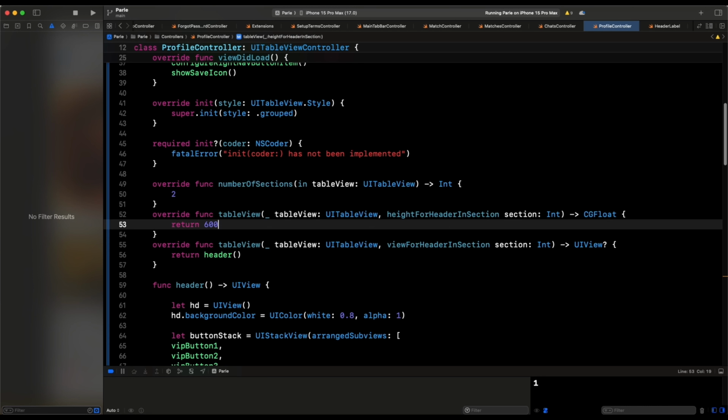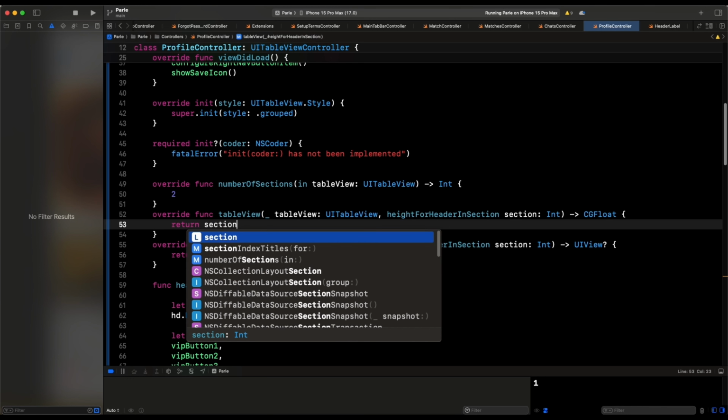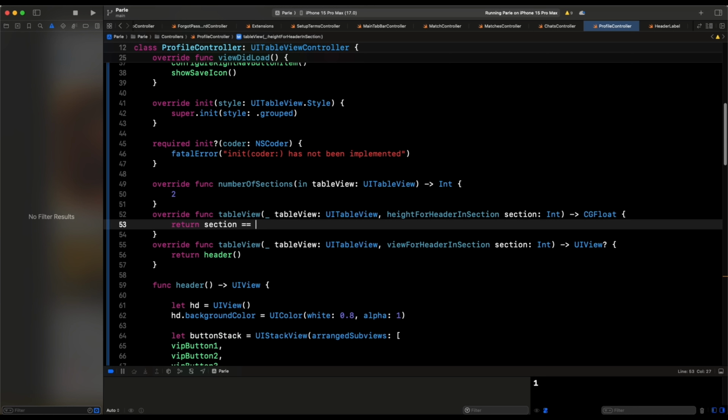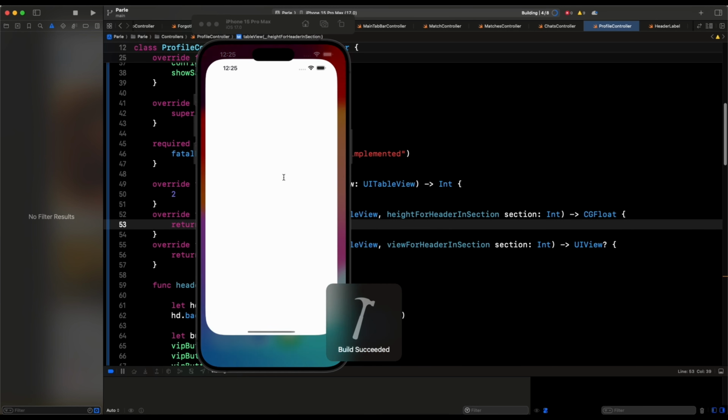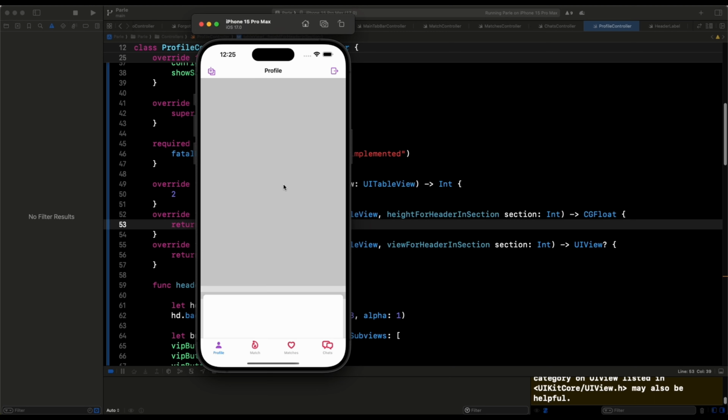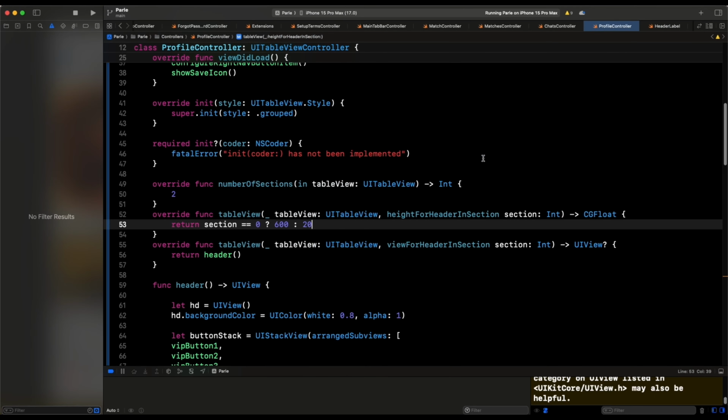So what you're going to do is just say here, if the section is the very first one, and remember this is computing, so we should check it's 0. So if it's 0, you're going to put 600. Give it equal space. Swift is finicky about that. Else, we're going to put 20. Do that, reload. Presumably this is going to work. Okay, presumably it's going to work, and that's not the case, right? So here section is supposed to be height for header in section, and here we just check whether it's section 0. This is going to be 600 or 20,